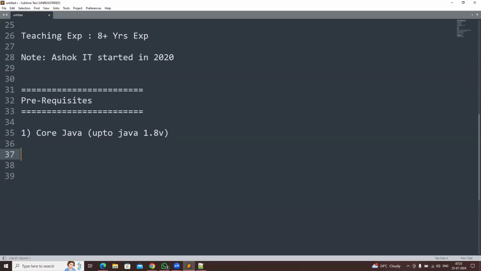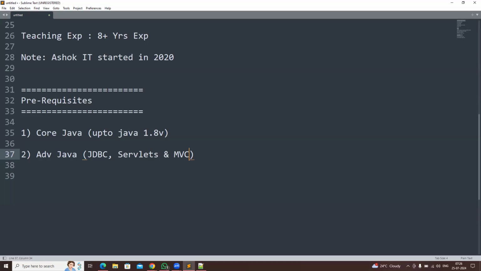Then coming to advanced Java. In the advanced Java, if you have the knowledge on JDBC, servlets, and MVC architecture. Okay, so how to communicate with the database by using Java application by using JDBC, and how to develop a web application by using servlet, and how to deploy that application in the web server like a Tomcat, and how to develop our application by using